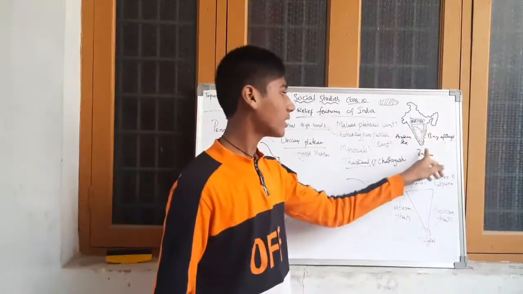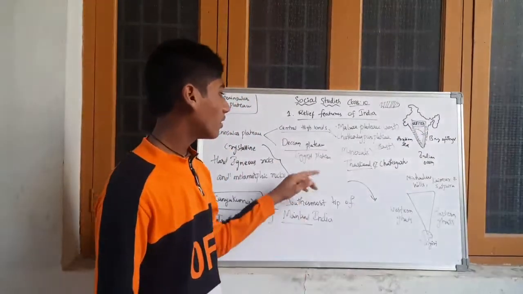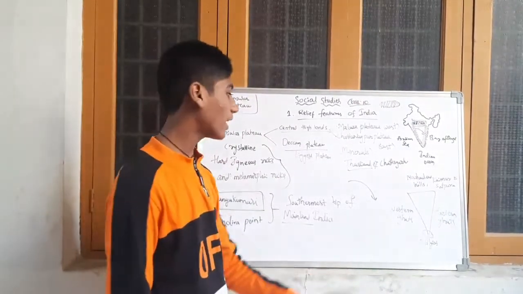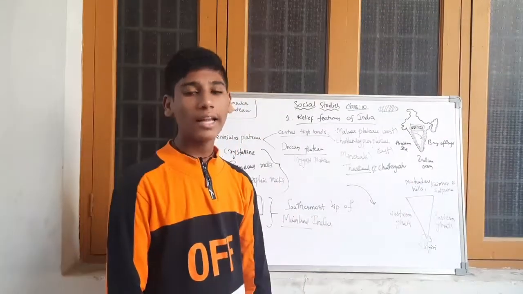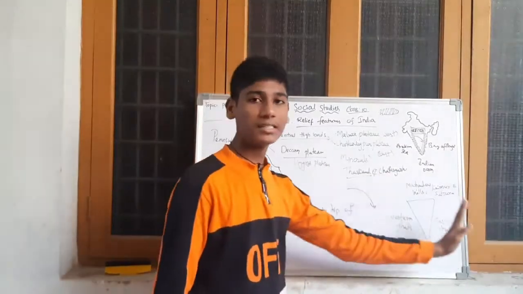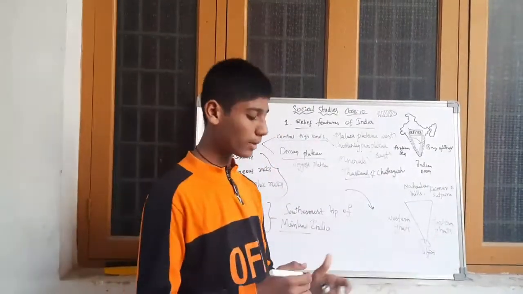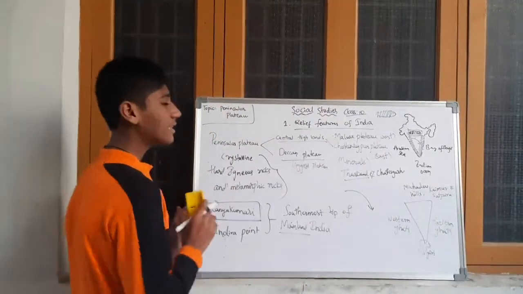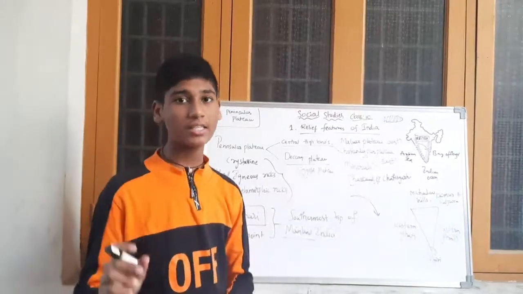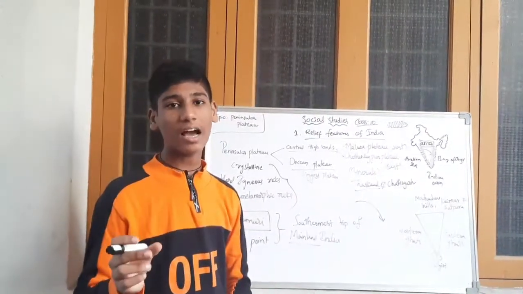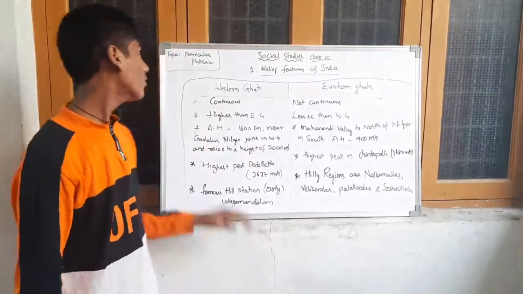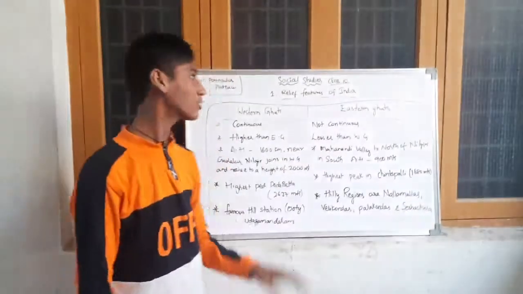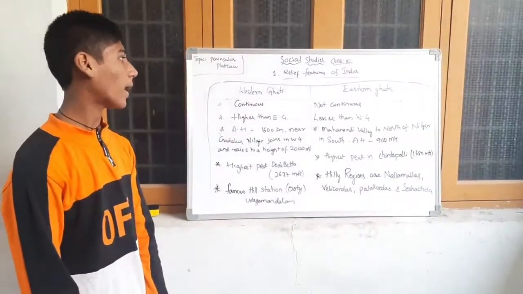It is located in the south side of India. And on the north side of the Deccan Plateau are the Mahadev Hills, Kaimur Range and Satpura Range. The west side of the Deccan Plateau has the Western Ghats, the east side has the Eastern Ghats and the south side has the Nilgiri Hills. Now we will discuss the major differences between Western Ghats and Eastern Ghats. Till now we discussed the Peninsular Plateau, and Western Ghats and Eastern Ghats are also parts of the Peninsular Plateau.